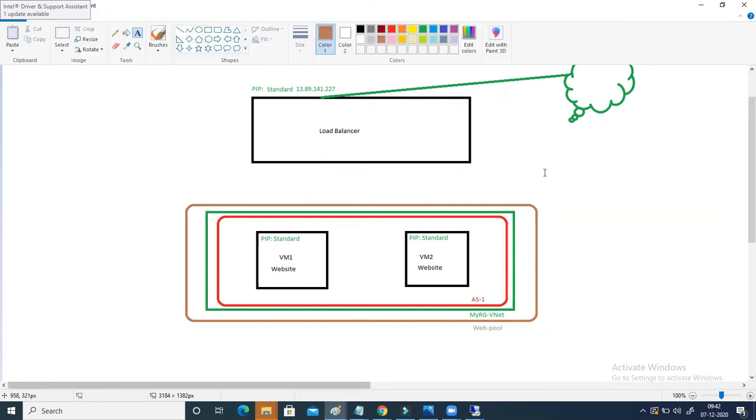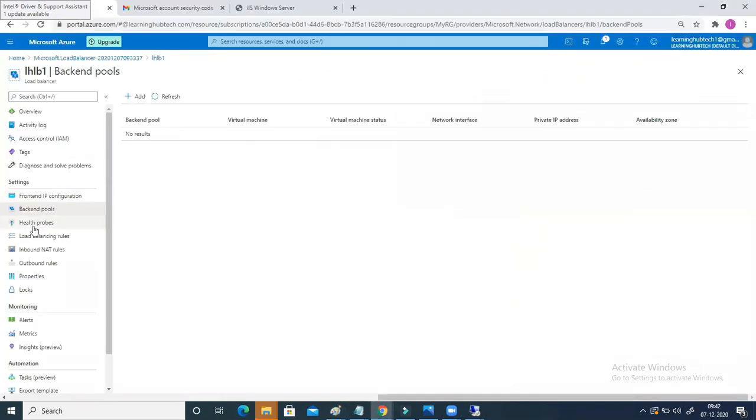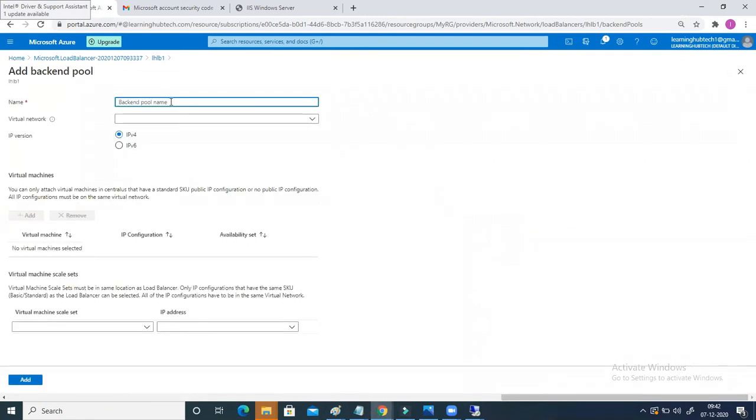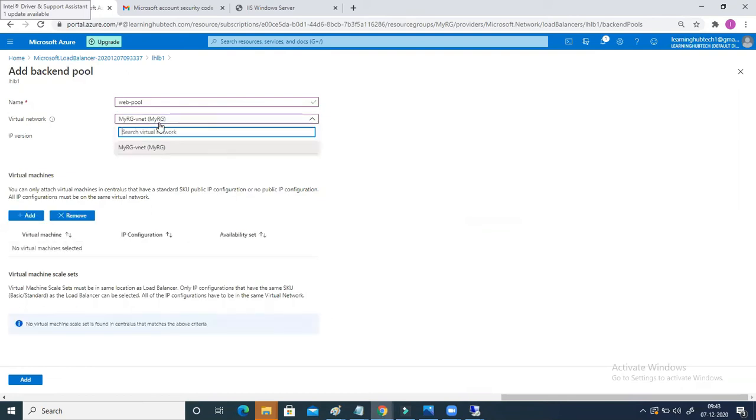Okay, so same thing, let's see how to configure. It is asking me about the backend pools, so click on add. Now it is asking me the name. The name is web-pool. And now it is asking me about the virtual network. You can see my RG-VNet, and I have the option to choose only one virtual network.